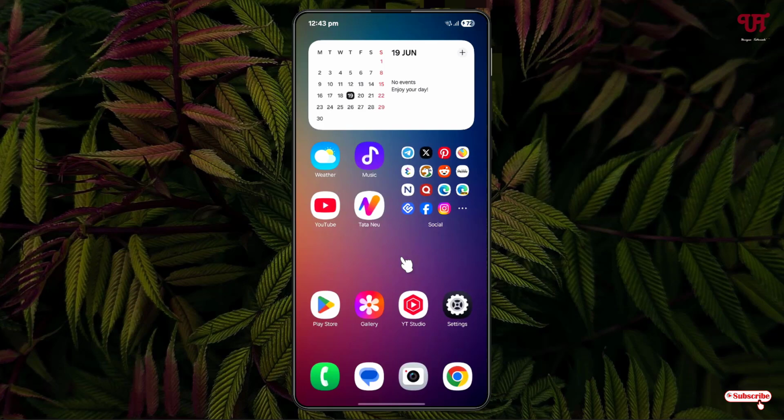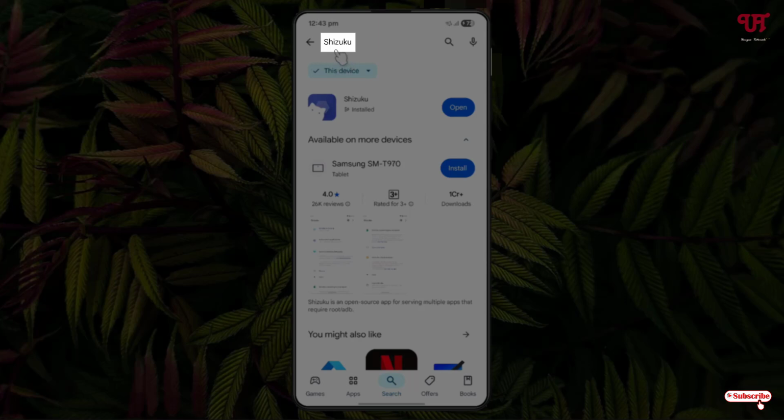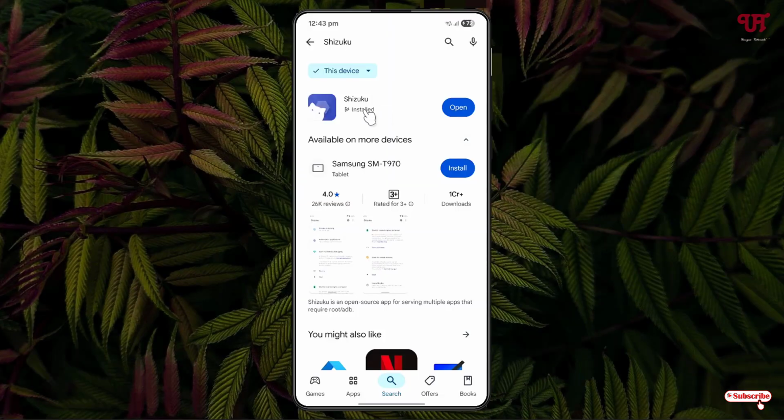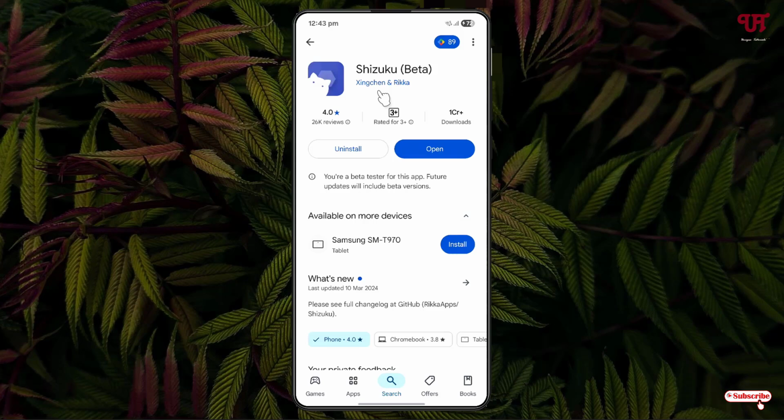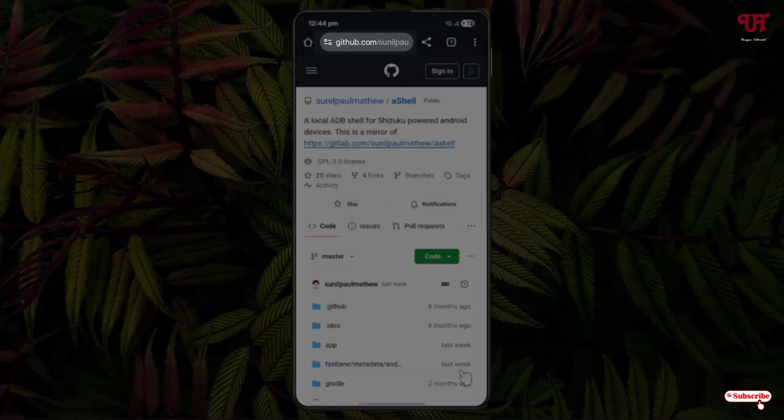So for this, what you need to do is just open the Play Store and search for an application named Shizuku, and first you'll see the application. I've already downloaded and installed it, so I'm not going to do it again. So firstly download and install this application, and after that just open any web browser and visit